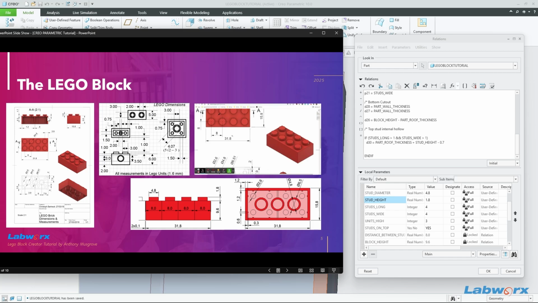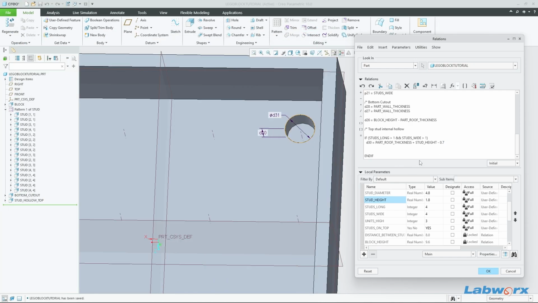As you can see, the roof of the part is 1 millimeter, and from the bottom of the roof to the top of the internal cavity is 1.7. So the difference is 0.7. And then we need to set the diameter, which is D31. So select D31. Now D31 is basically going to be stud diameter,